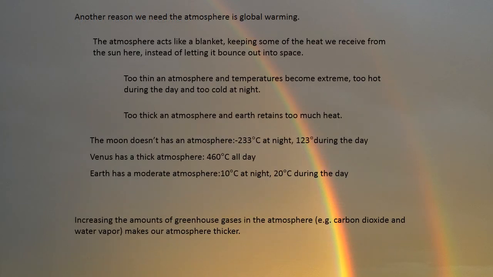Another reason that we need the atmosphere is that it controls how solar radiation enters and leaves the Earth, which is vital to Earth maintaining a range of temperatures from day to night and from winter to summer that supports life. When radiation from the sun hits the Earth, some gets through the atmosphere and comes down to the surface and provides heat. Some bounces back out through the atmosphere to space.